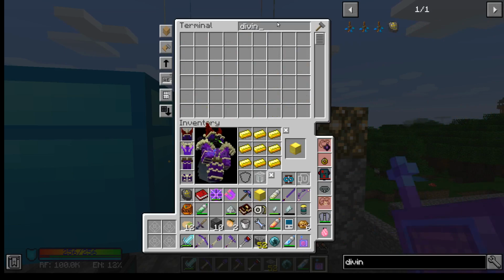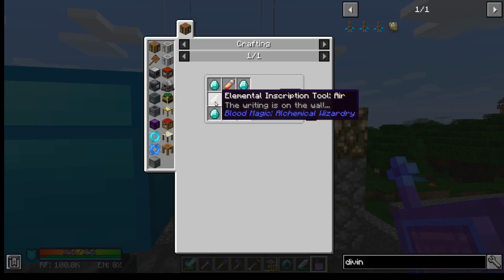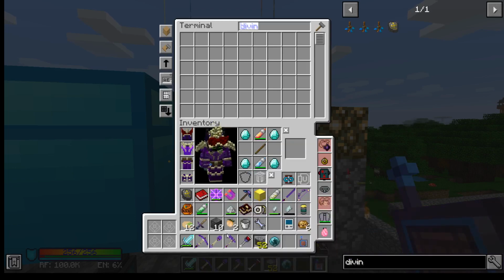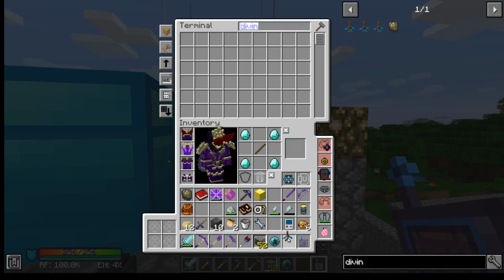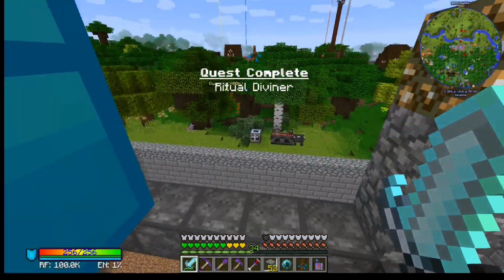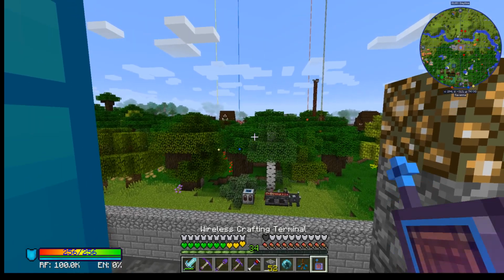Diviner. All right, so we want fire and water opposite. Fire, water, earth, and air. That gives us a diviner. Thank you for your soul. So we now have the ritual diviner. So the ritual diviner is pretty cool. We can...